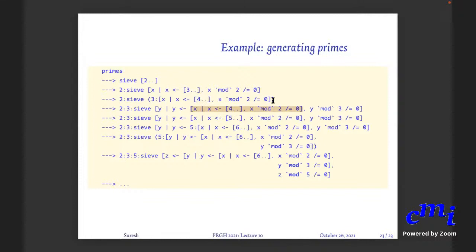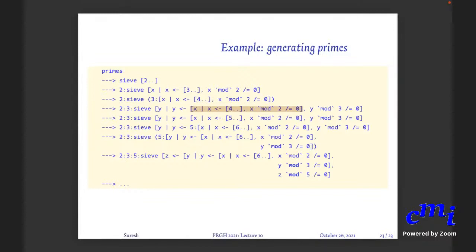So now you see, you have an internal list where you are filtering out all the multiples of 2, and then you have next level where you are throwing out all multiples of 3. Okay, and now again you need to determine this list only as far as the divisibility tests are passed. So you will first look at this x where x comes from 4 dot dot. Oh, but 4 mod 2 is actually equal to 0.